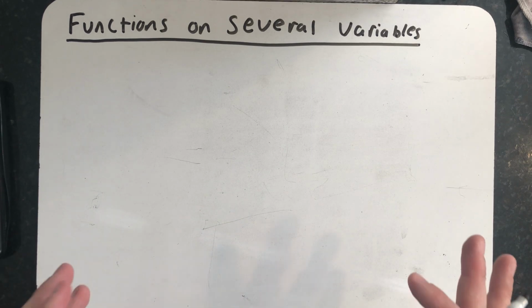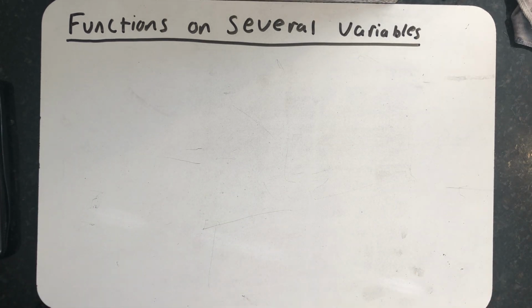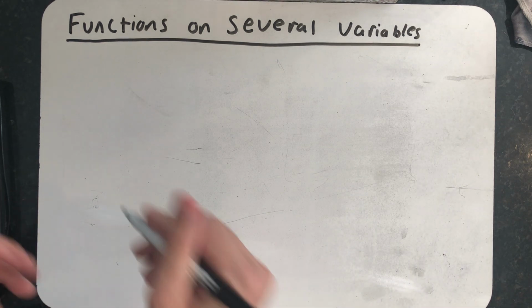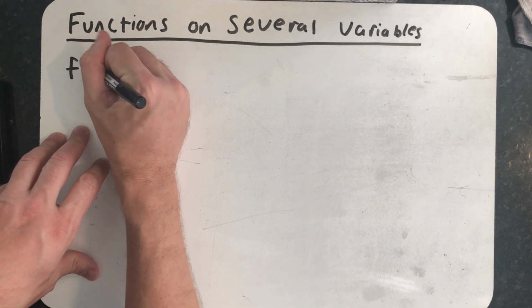Let's think about functions. When I talk about functions, I'm talking about a relationship between two sets. We usually call the first set the domain, and that's a set of input values. And the second set we call the range, a set of output values. And a function is any relationship between those two sets that assigns each element of the domain to exactly one element of the range. And we're probably very used to functions like this one